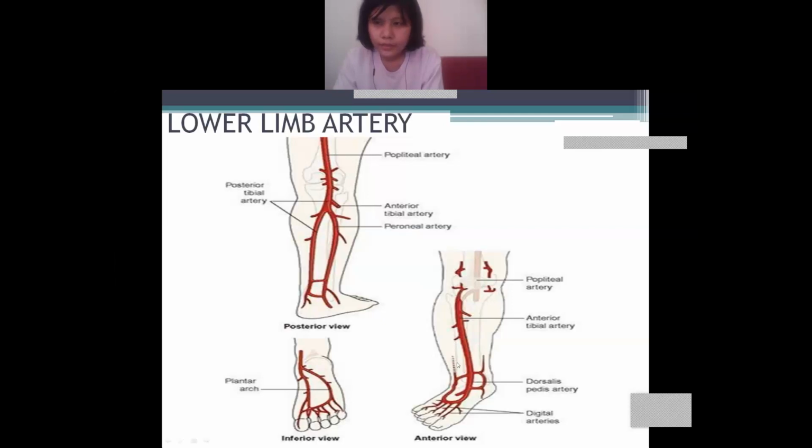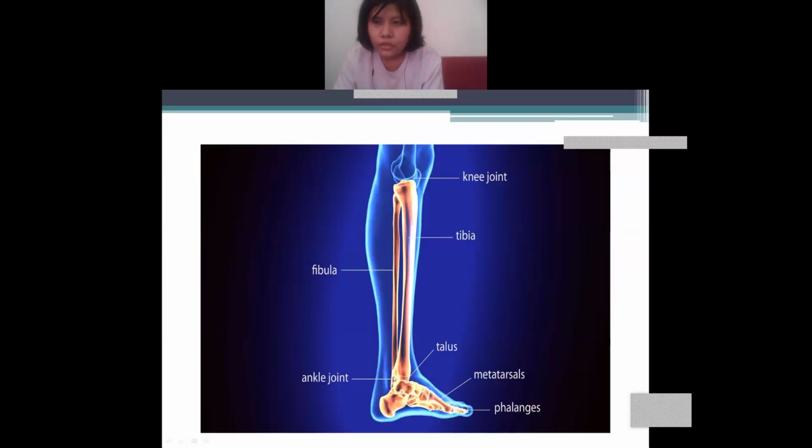And this artery lies at the front of the ankle joint. Till the front of the ankle joint, it is located. Let me show you. This is your ankle joint, right? So here, between the tibia and fibula, the tibial artery will lie. It will come down, down, down, till here. That is the ankle joint. Understand, everyone?